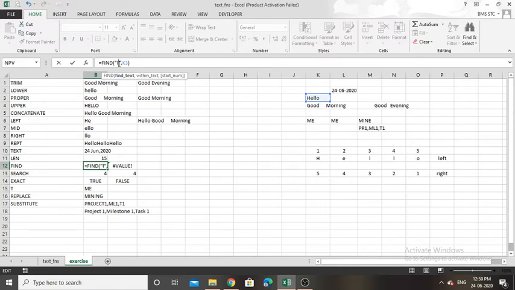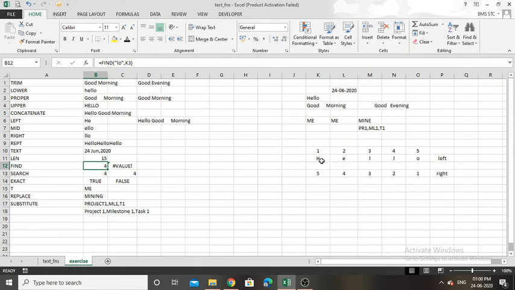So when I passed L and K3, the output should be 3, because MS Excel will visit letter by letter and it will return the first occurrence of the find text value. Okay, so here the first occurrence of L is at the third index, so it should return 3 as output. Yes, it returned 3 as output. But when I put LO here, the output will be different. It returned 4. Why?